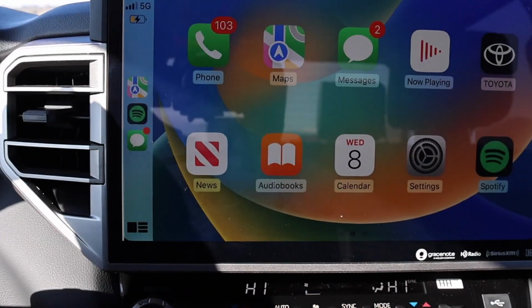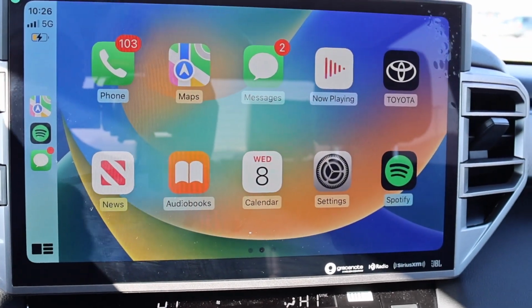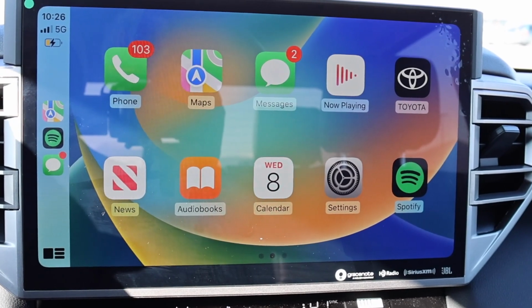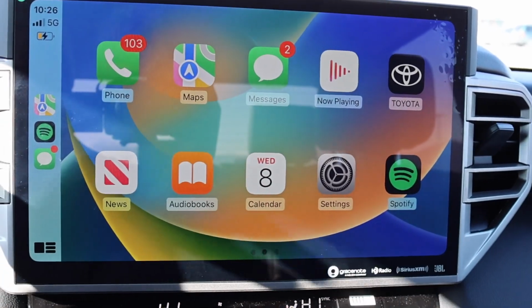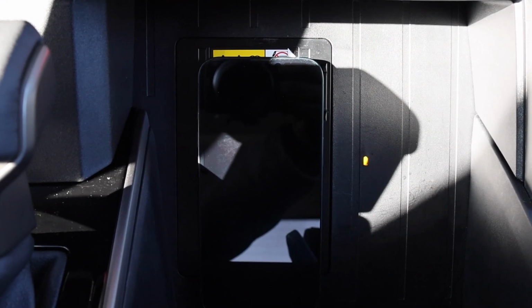Now let's talk about your Apple CarPlay. So this does have wireless Apple CarPlay. When I left the house yesterday, I forgot to bring one of my power cords, obviously, for my phone. So this does have a wireless charging, and this is very useful. Now I always tell people this is great for traveling. So if you don't want your phone to get that super fast charge, if you're going on like a 3